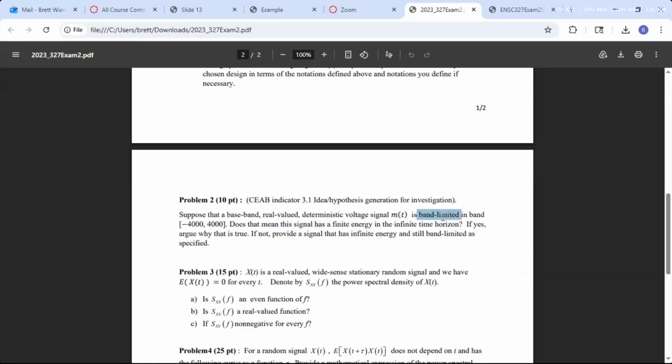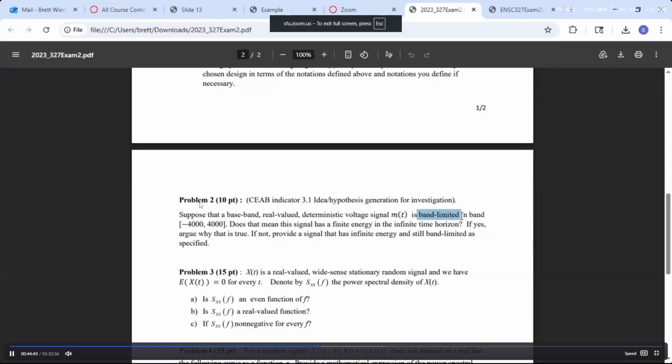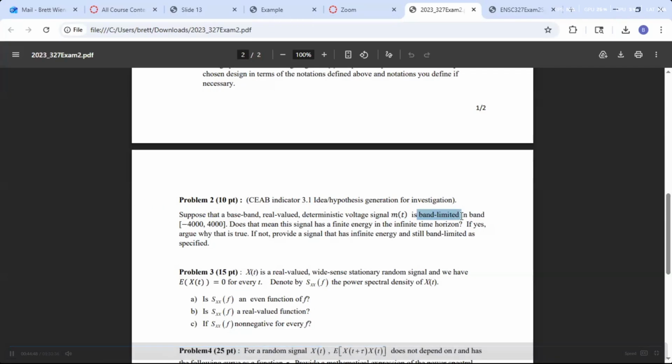And then the real key here, it's saying it's band limited, right? So almost none of this stuff that he's mentioned matters, apart from the fact that it's band limited, right? So he's saying that the spectral content of the signal is limited to a very narrow frequency band, right? From the very first class, and he's mentioned it a few times, it's just the analog of Heisenberg's uncertainty principle. It's not even an analog, it's the same thing, really. If a signal is limited in frequency,